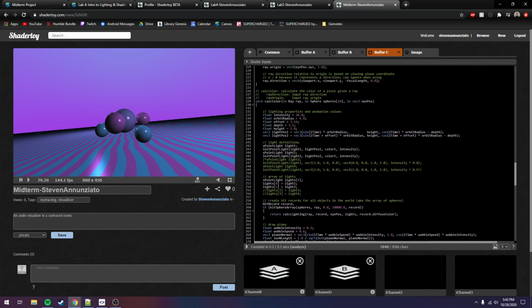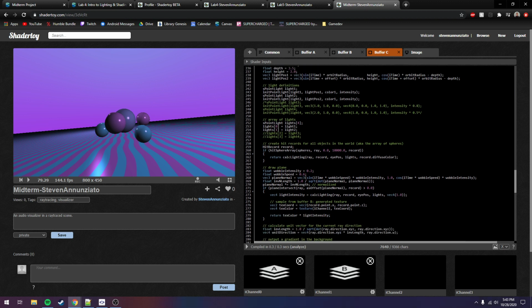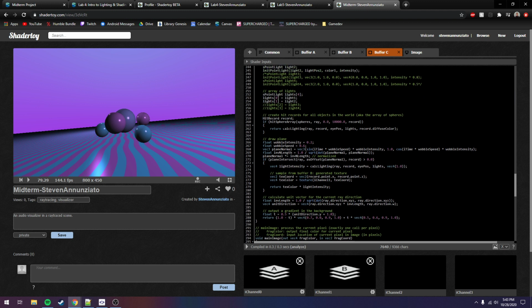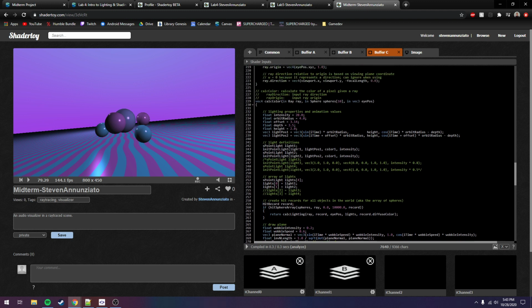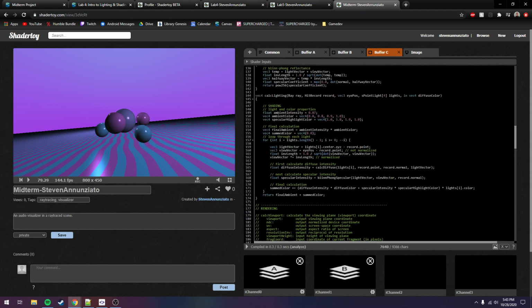Let's go back to that. Here we are. So I also define the lights here, and I send the lights into this calc lighting function, and so the hit sphere array function and all the different methods of determining whether the spheres are hit are nothing new from the past labs. I kind of just put everything together here. So to briefly go over it,